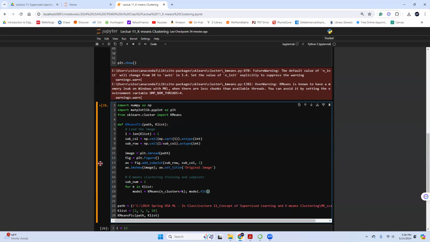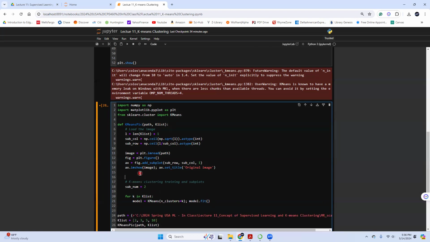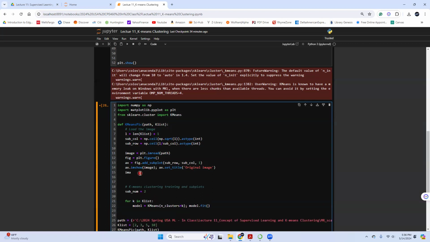Wait, let me see. Give me 1 second. Wait, I need to do something here. Sorry about it. Let me print. Something is wrong. Print image dot shape.